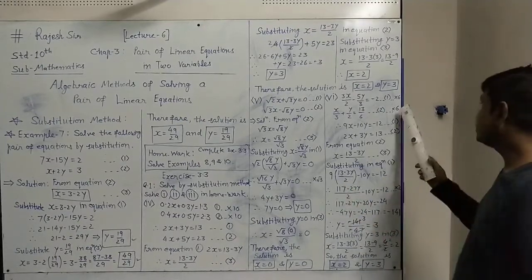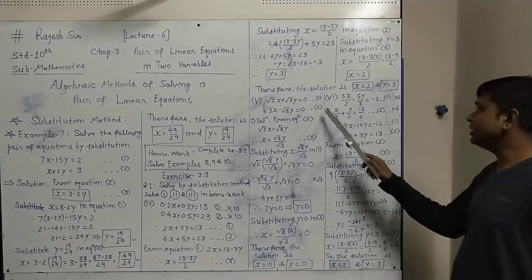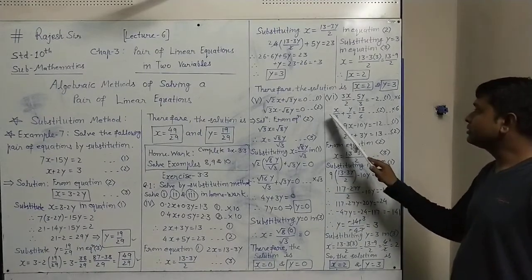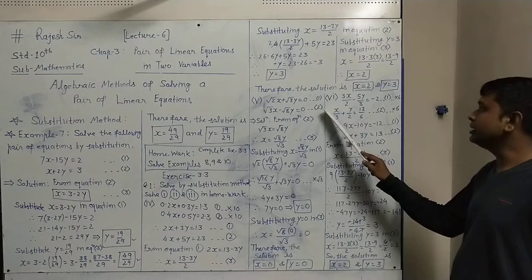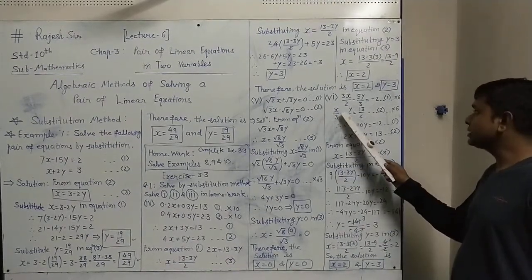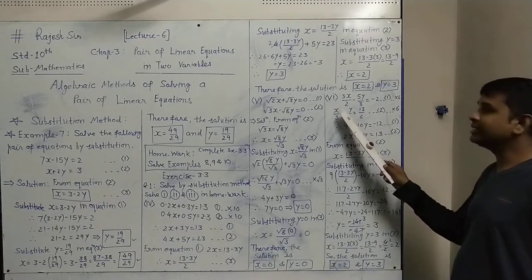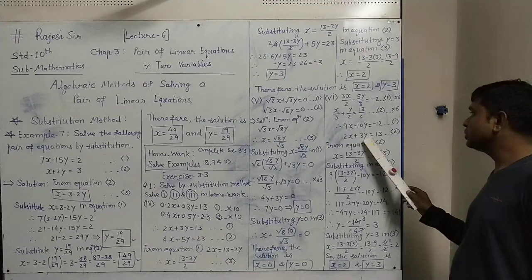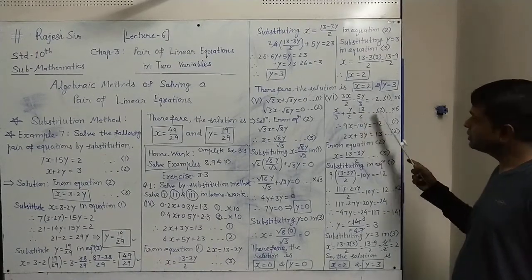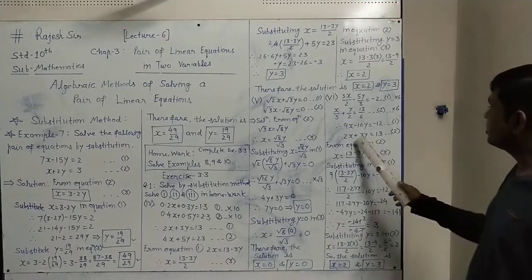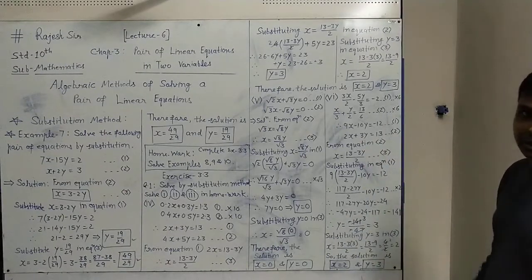Similarly, equation 2 also multiply by 6 in every term. So here when you multiply 6 by 3 it will be cancelled and 2 will be remaining, so 2x. Plus when you multiply in the second term 6, 2 3s are 6, so 3y you will have. Equals to, when you multiply 6 over here, 6 cancels, only 13 will be remaining. So this way equation number 2 is also in a very simple form now.